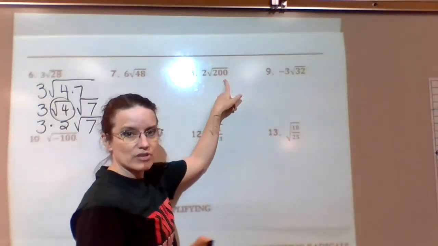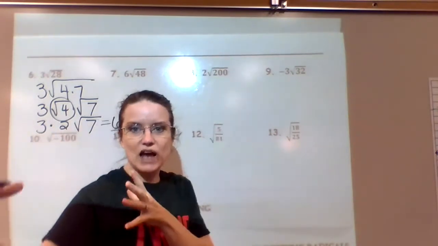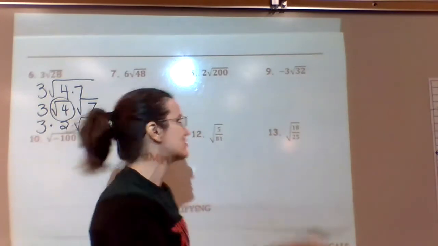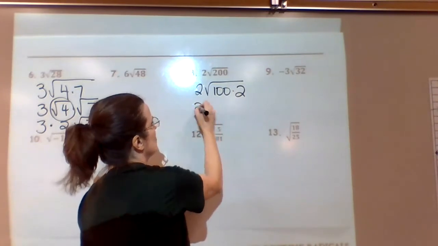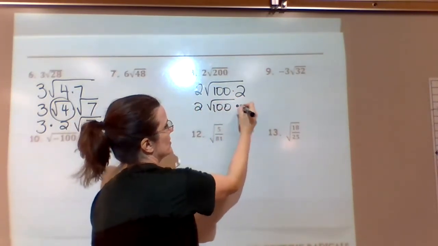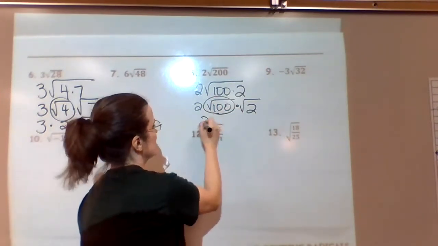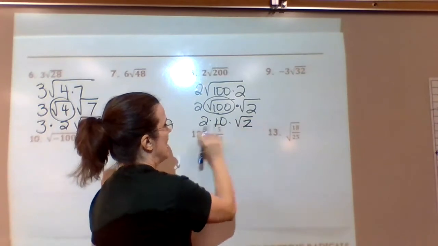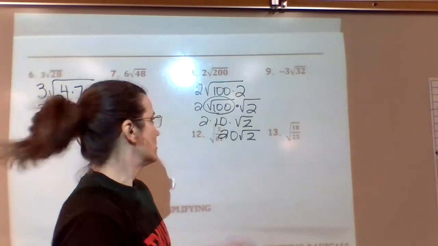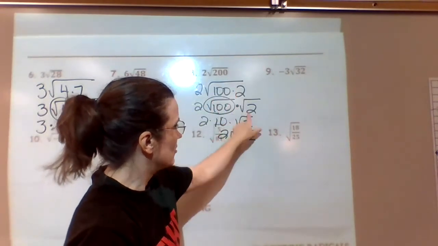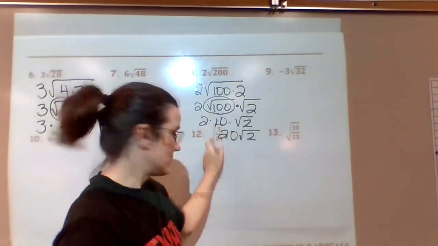2 square root of 200, hopefully it popped right into your head that 200 is just 2 times 100, and 100 is one of our perfect squares. So you know that 2 times the square root of 100 times 2 will be 2 times the square root of 100 times the square root of 2. The square root of 100 is just 10. And in the end, we end up with 20 times the square root of 2. So each time I break up my radical, simplify the parts that simplify, and combine anything that needs to be